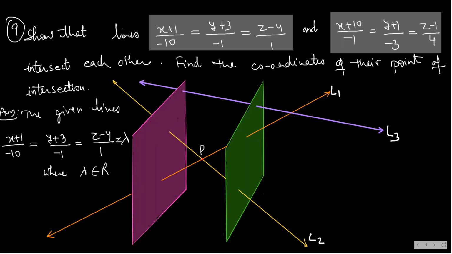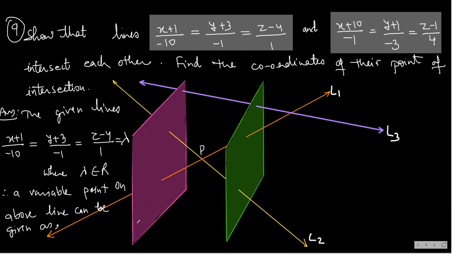So what does x, y, z signify? It signifies the coordinates of a variable point. Therefore, a variable point on the above line can be given